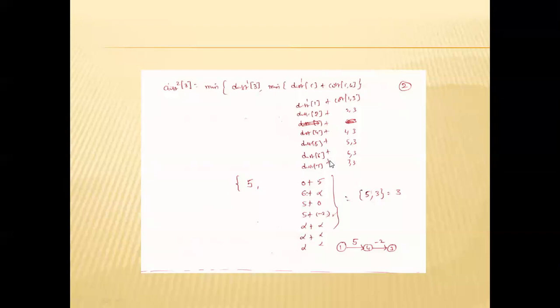This means we are calculating the shortest path with at most two edges. If it is not possible, we just consider a single edge. Suppose it is possible, there is a shortest path by using two edges, then we calculate the shortest path by using two edges. Suppose there is no shortest path by using two edges, we consider only a single edge, because at most two edges includes single edges. So distance power 3 equals 5.